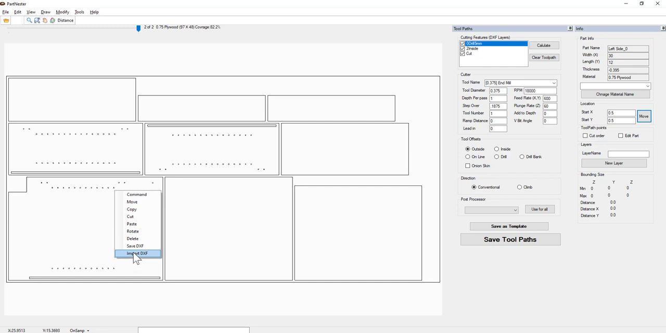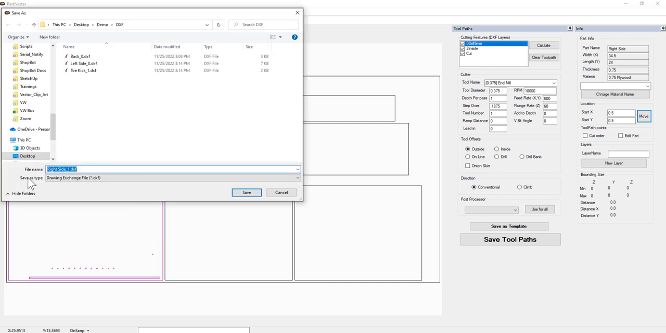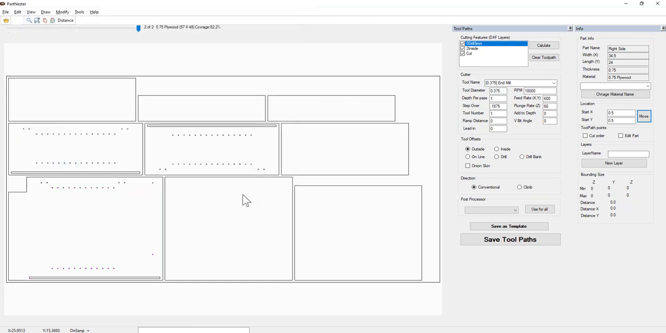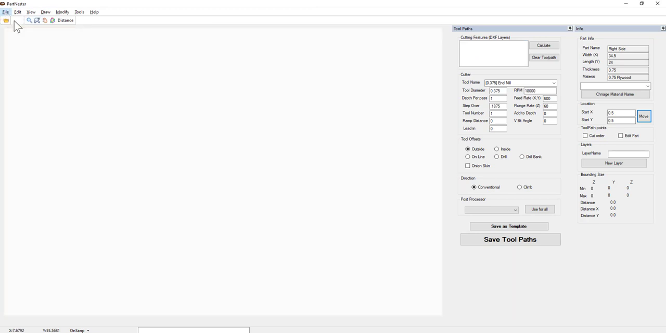Let's go ahead and save another DXF. We'll save this one as a base side. And once it's saved, we'll just go to File, New. Then we could go to File,